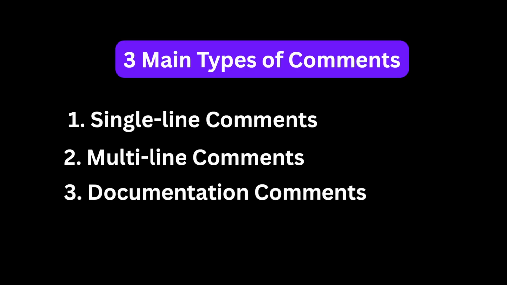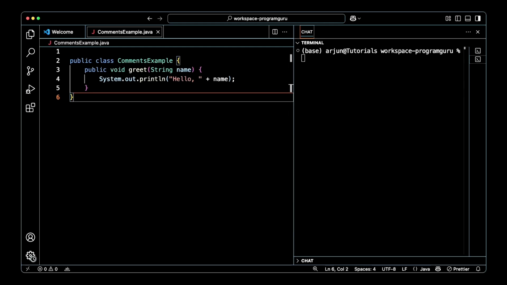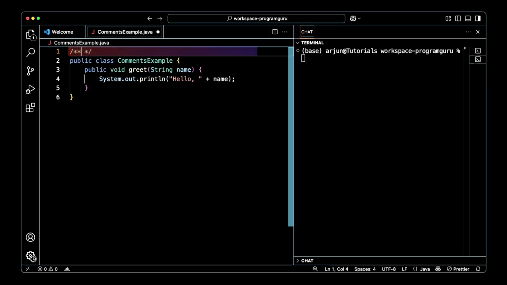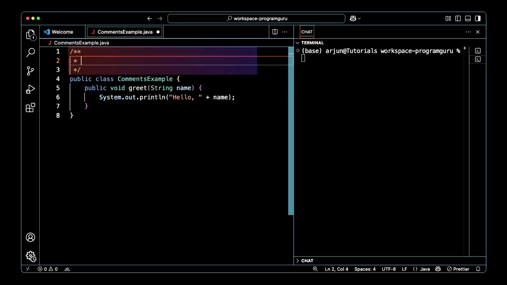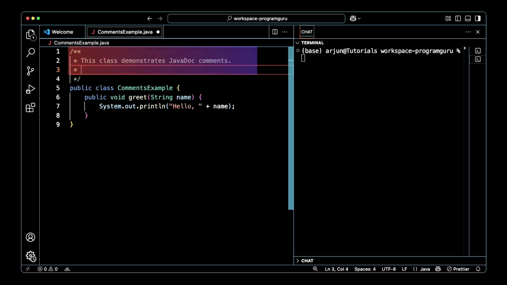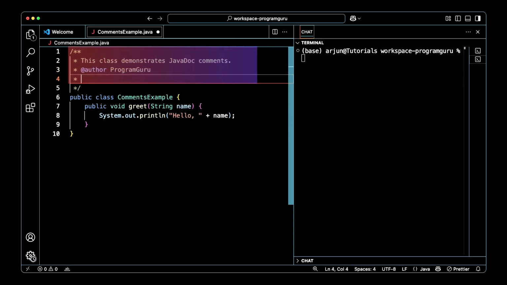Documentation comments or JavaDoc. These comments are used to generate official documentation from your code. They start with a / and 2 stars. Here's an example. /**. This class demonstrates JavaDoc comments. @author Program Guru. @version 1.0. */